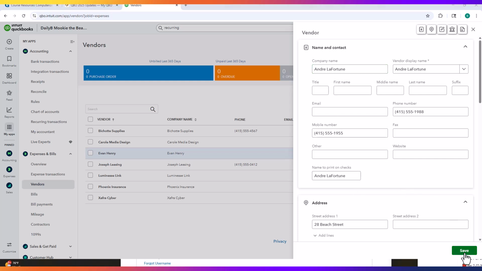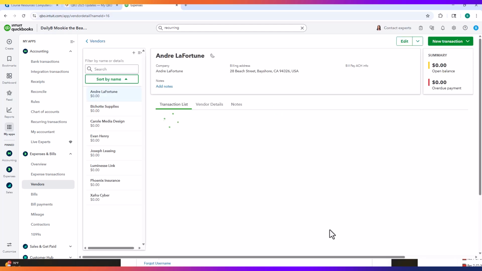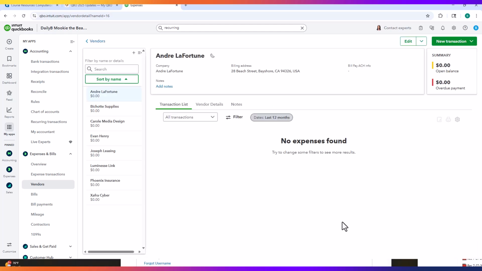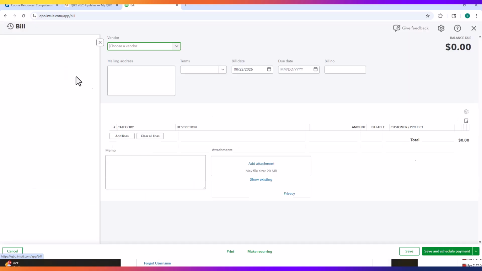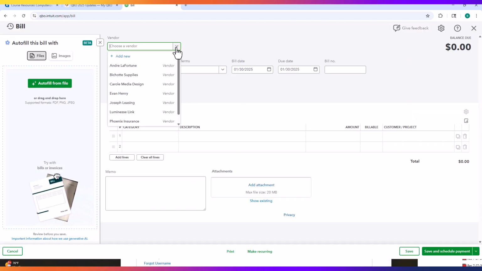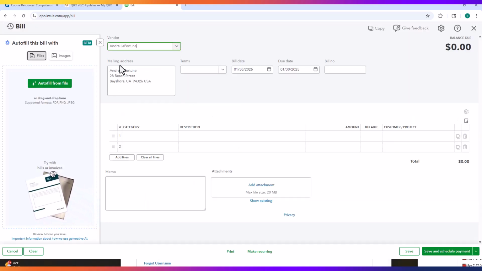So now that I got that info entered, I'm going to save his vendor record, and then I'm going to record the transactions with Andre. So the first transaction is a bill transaction. So you're going to mouse over create, in the vendor column select bill and select Andre from the vendor list here. You can see that address that we put in auto populates, and let's see, the bill date is the 30th of January,